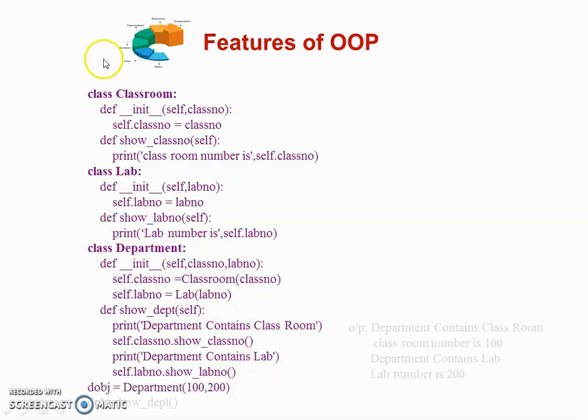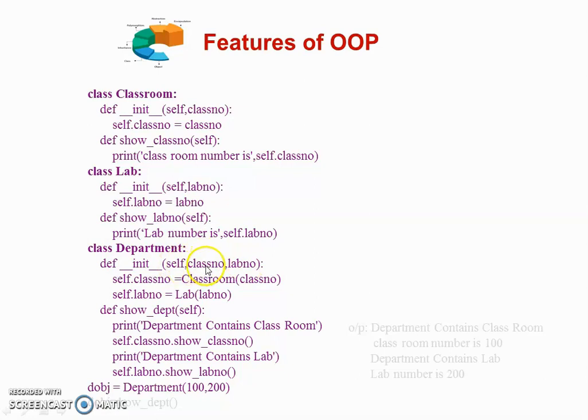Right. So at the end, outside the class, we create the object of the Department class as d_object is equal to Department, and here we pass two parameters, because we know that we are going to use a parameterized constructor, which contains three parameters, in which the self argument does not contain any value.